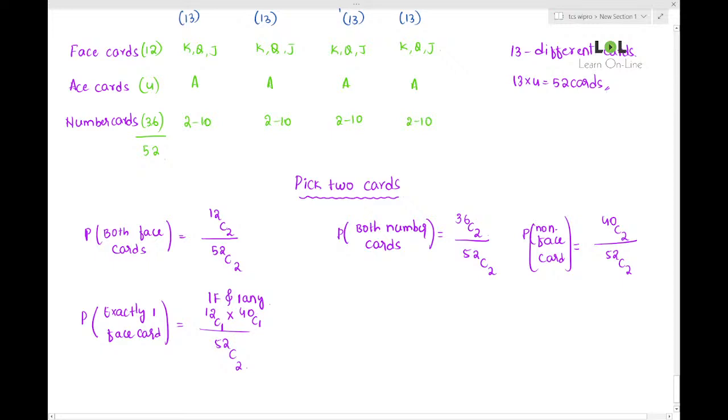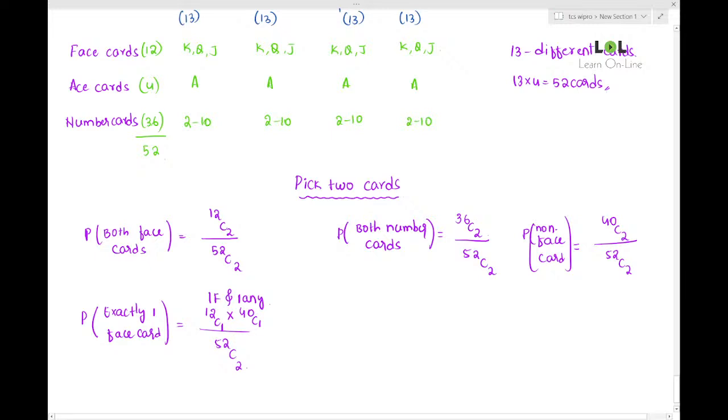Chandana, it is not R. You are picking 2 cards. You need one face card and any other card. If you put or in between, one face card or any other card, means you are picking only one card there. Careful, we are picking 2 cards here. So that's why one face card and one any other card.